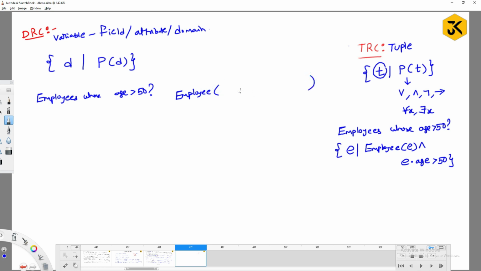The employee schema contains, I hope you remember, employee ID, which I can call serial ID, employee name, employee salary, and employee age. Assume that these four fields are there. For these four fields, we are going to give some renames. For example, I am calling them A, B, C, and D. Now your query will look like this. What is the output you are trying to expect? You are trying to expect all employees. Have you specified any particular attribute?